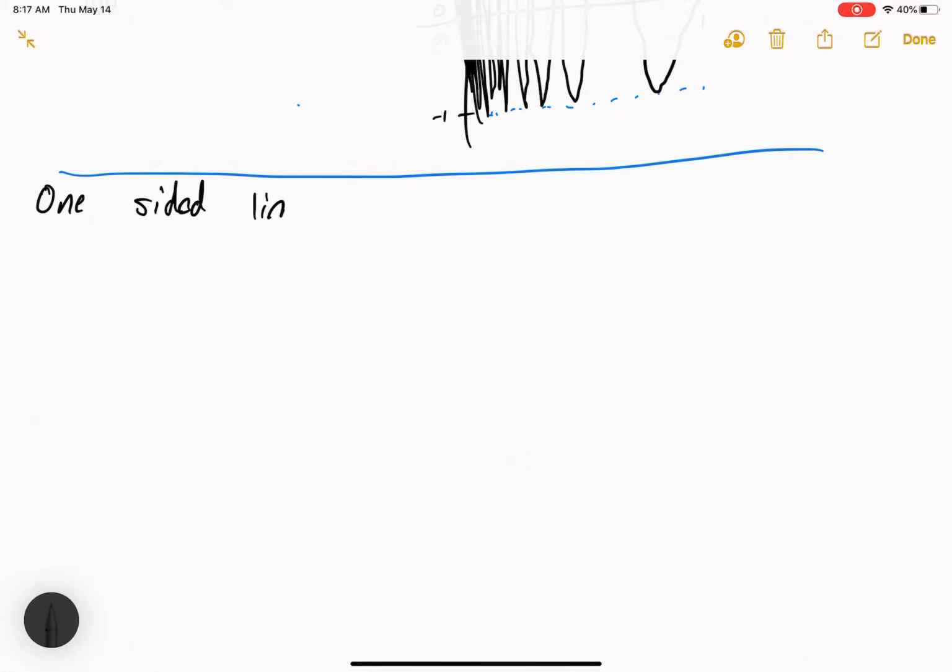And sometimes limits may not exist, and if limits don't exist, it's probably because of the left and right limits. So first, let's consider a counterexample, or a function where we might want to actually think about one-sided limits. So consider the function